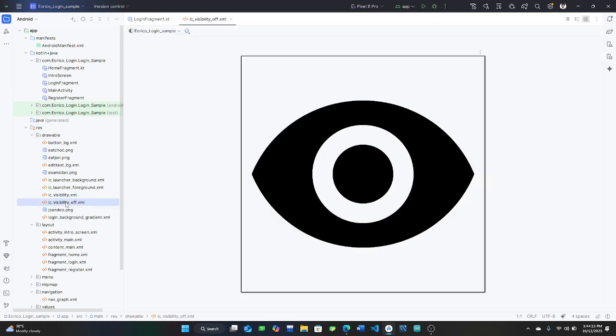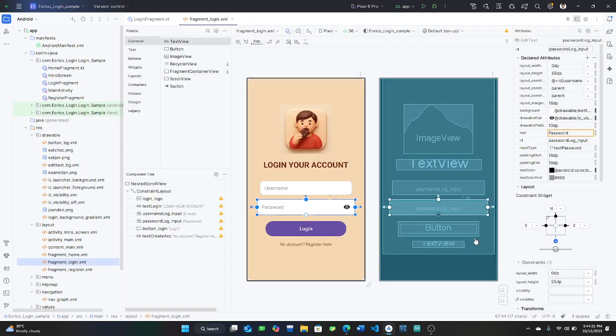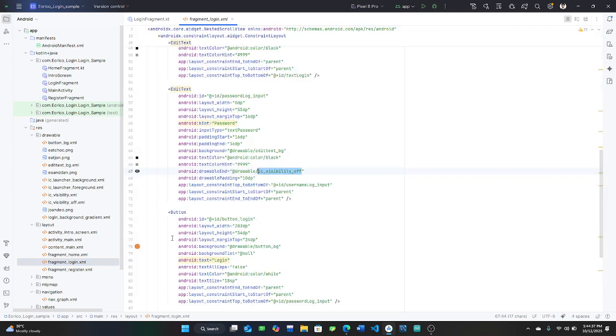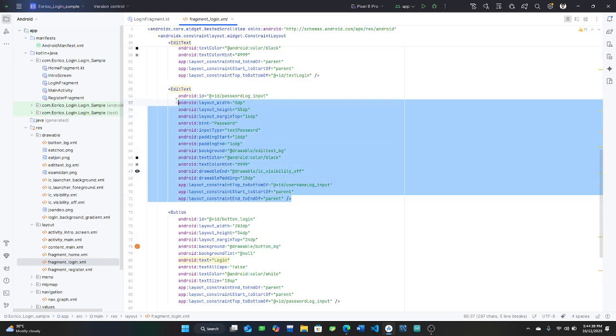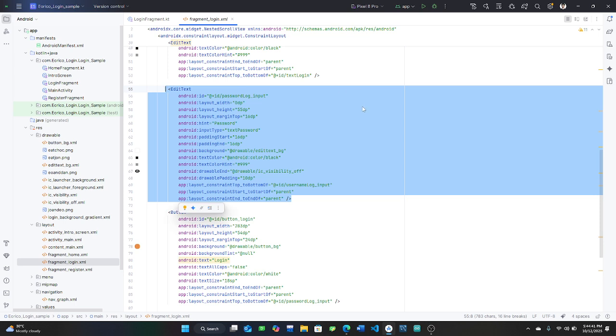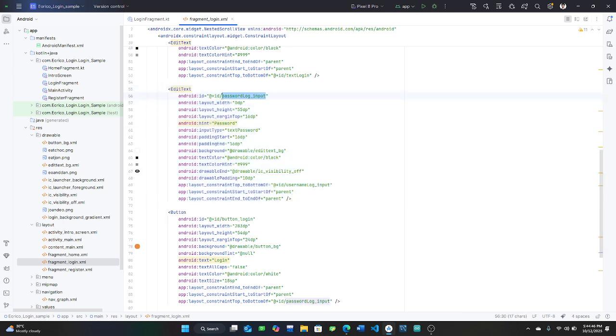So go to the login layout. As you can see in the design layout, you should see the eye icon in the password. Let's go to the code view of that layout and find the password view.